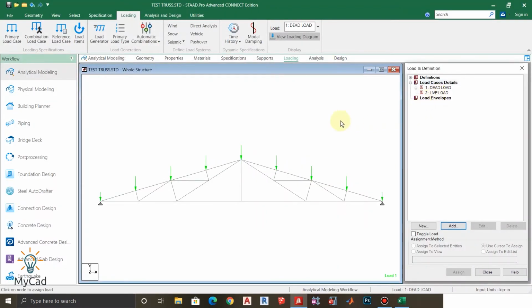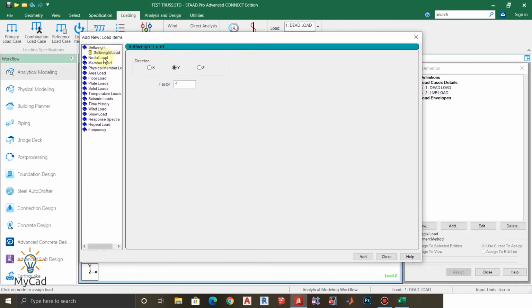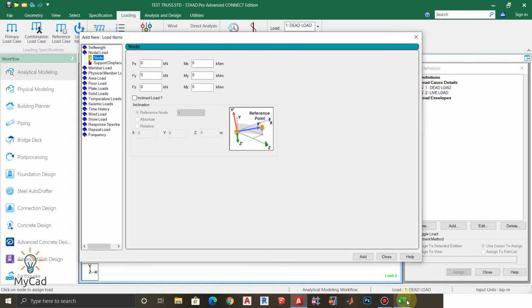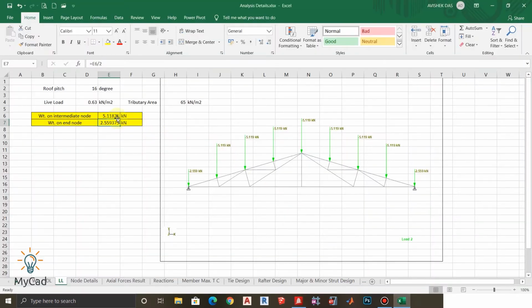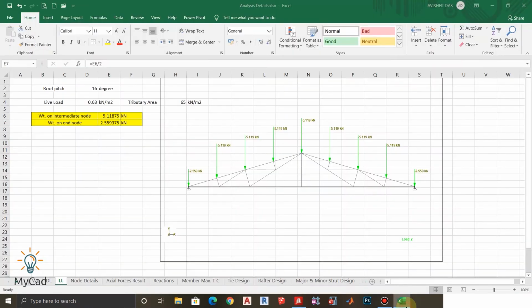So I'll just select live load here and click on add, and from this window I'll go to nodal load, and for the intermediate node we have a load of 5.11875 kilonewton. As it is acting in the downward direction, I will type minus 5. What was the value? 11875.